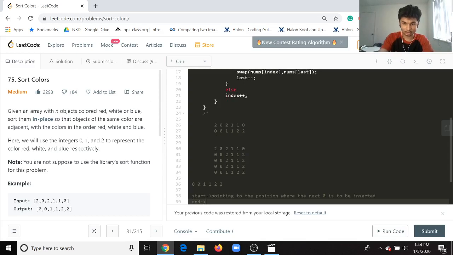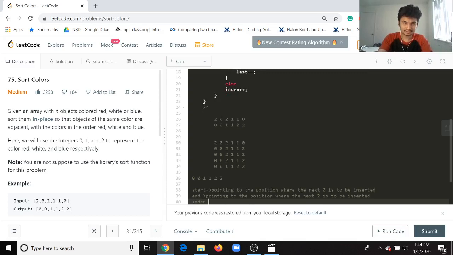End will always be pointing to the position where the next 2 is to be inserted, and index will be a pointer that is incremented